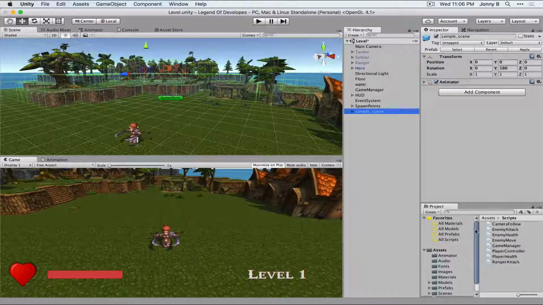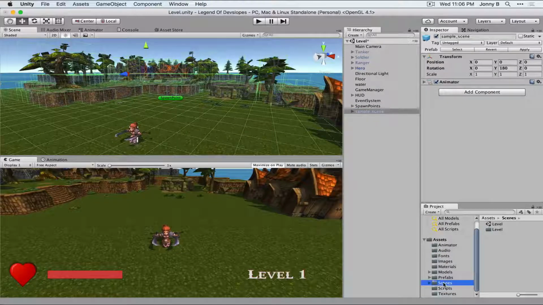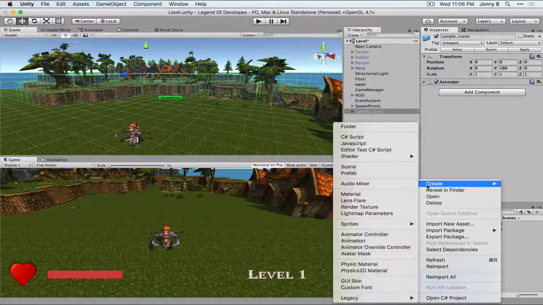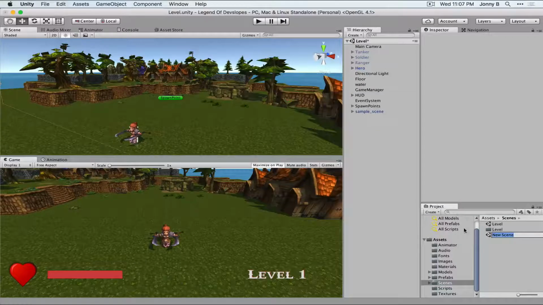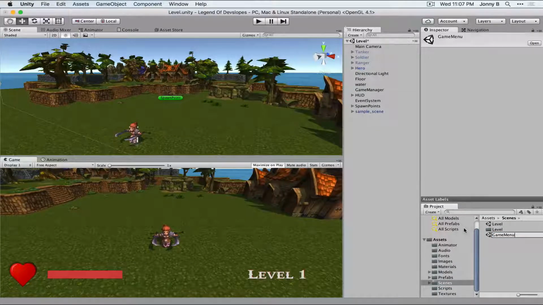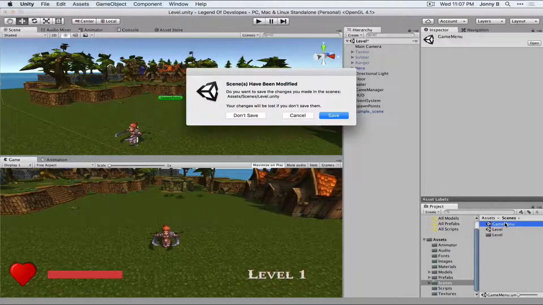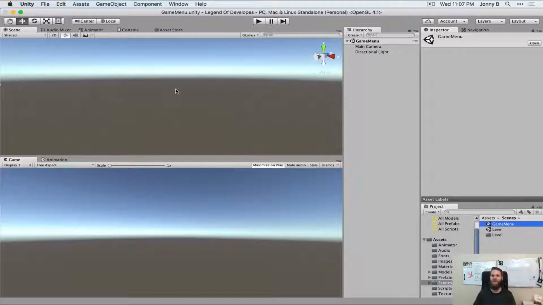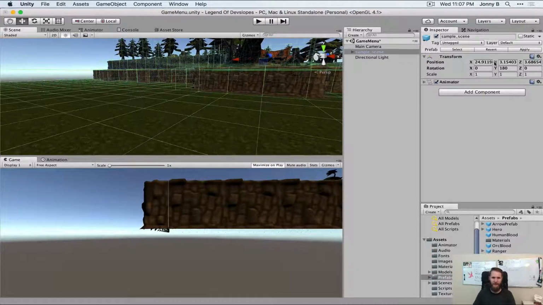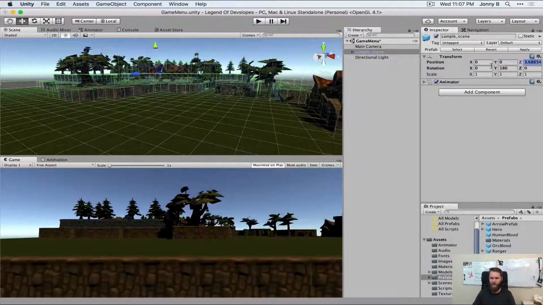And so the next thing we're going to do is I'm going to go into our scenes, and I'm going to right click and say create scene. And we're going to name this game menu. Okay. Then I'm going to double click it. It says scenes have been modified, so save it. All right, so now we're back to a completely empty scene. So what do we want to do? We're going to grab our prefabs folder, and from it we are going to drag in our sample scene. We're going to set the position to 0, 0, 0,